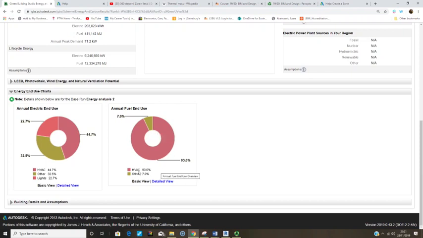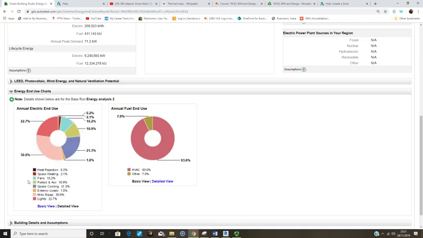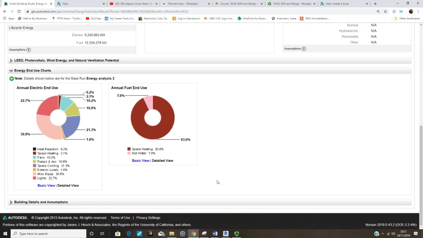The charts show how the electricity is used for heating, ventilation, air conditioning, and lights. What would be other? I'm not sure. Okay, so fans, pumps, exterior load, miscellaneous equipment, and so on. Here you have space and hot water. We have